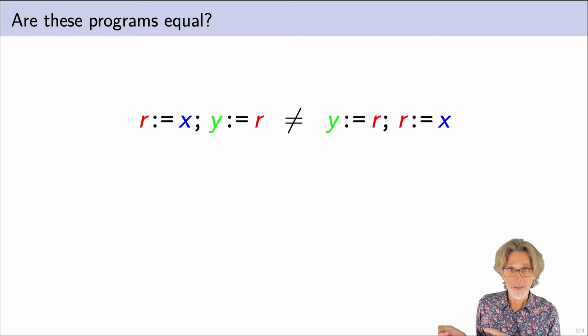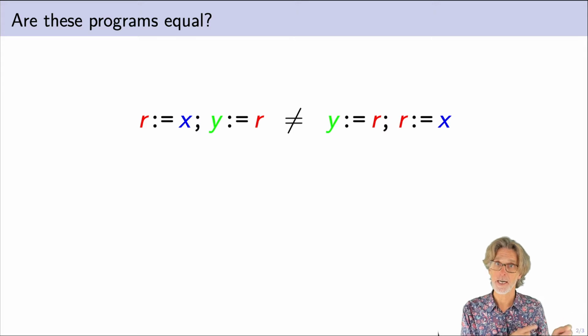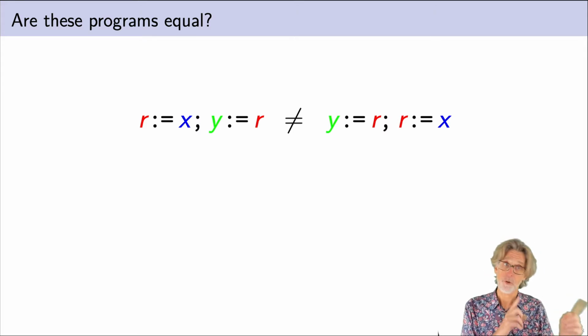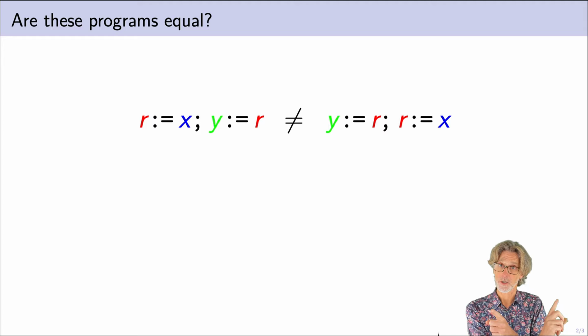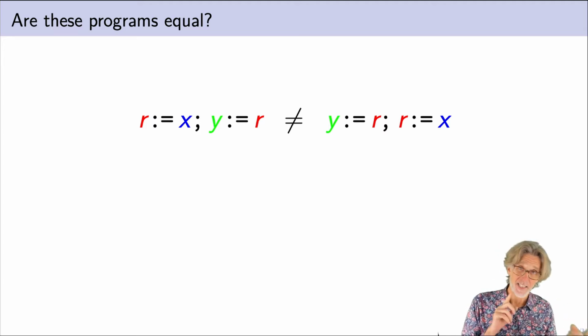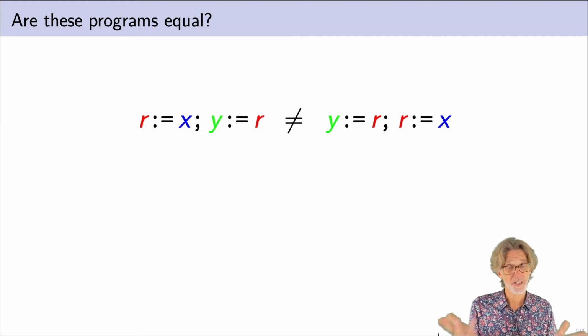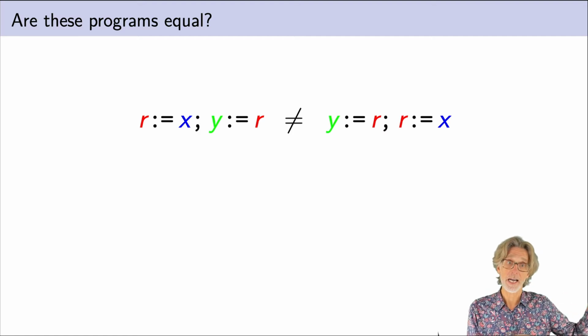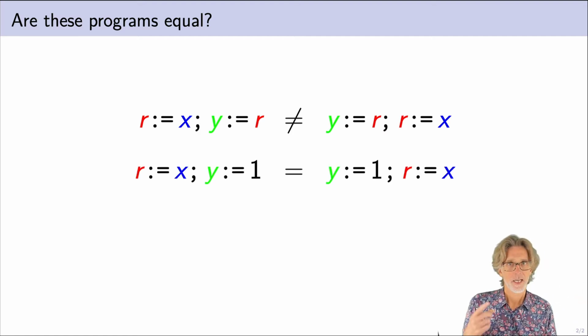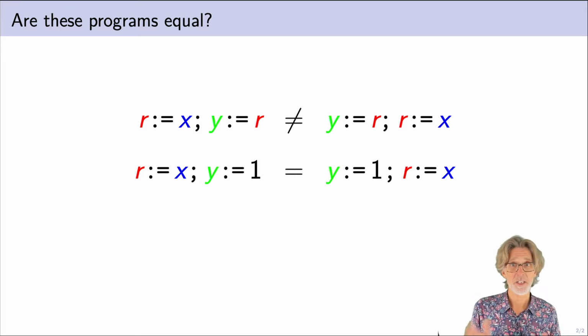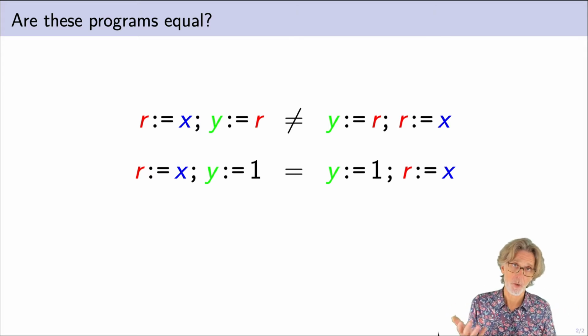The program on the left loads X into a register and then stores the value of that register into Y. The program on the right performs the same operations, but in the reverse order. Therefore, Y gets the prior value of the register before performing the load. So these programs are clearly different, and they can be distinguished by a sequential context that loads Y after the program finishes. If instead the store takes a constant, then the order of the operations isn't observable, at least not sequentially, and the programs would become equated.